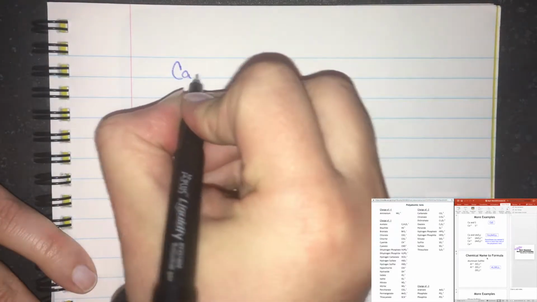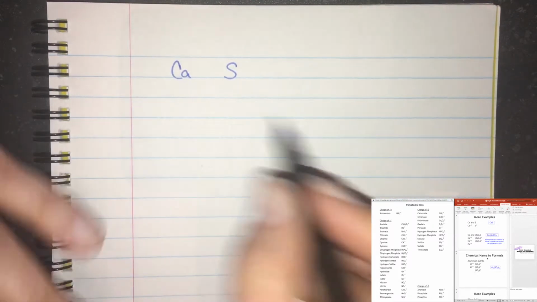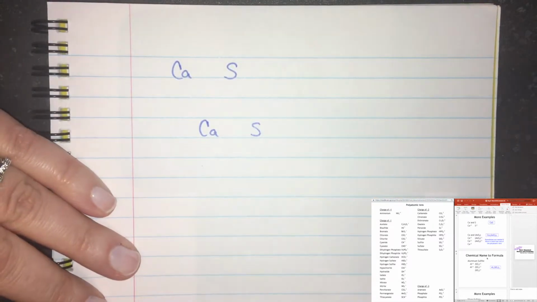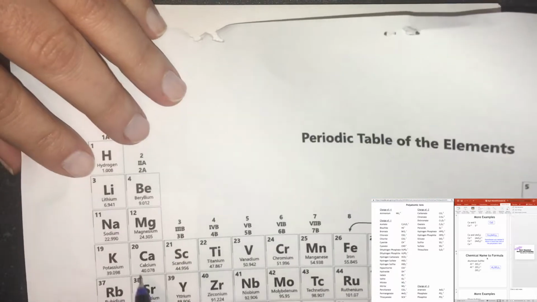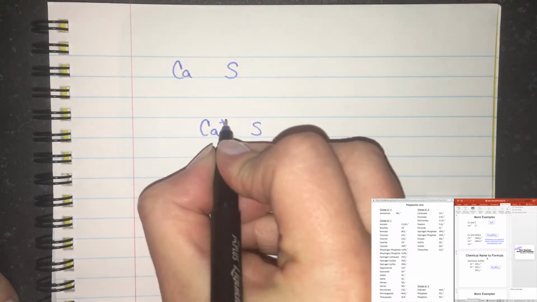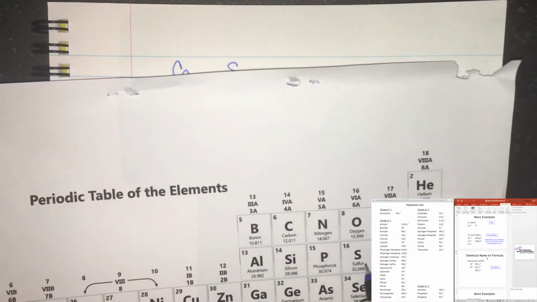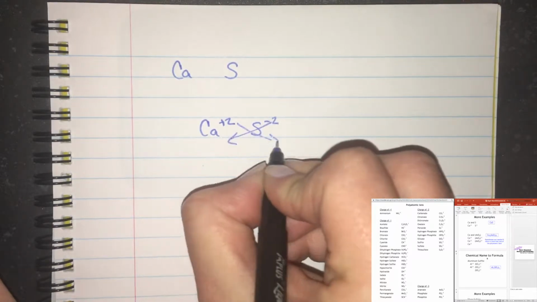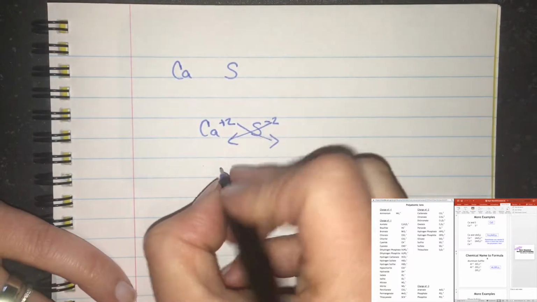Next example is calcium and sulfur. So calcium and sulfur, I'm just going to go ahead and do it my way. It's just quicker and less stressful. Calcium has a +2 charge. Sulfur has a -2 charge. This is going to be easy, but also a lesson learned here. So you would end up getting